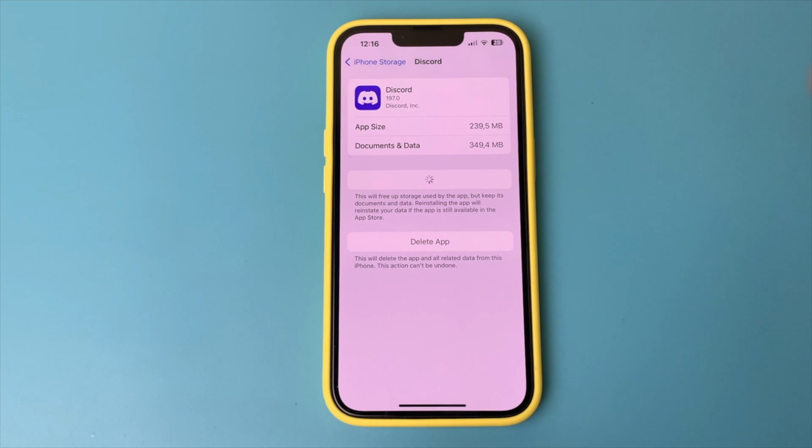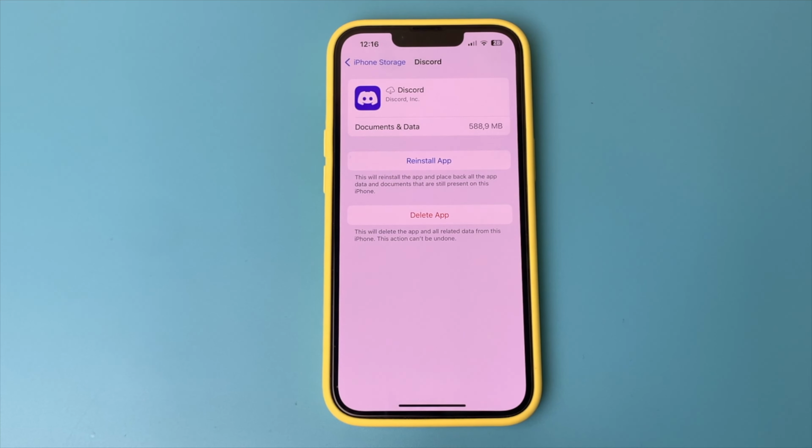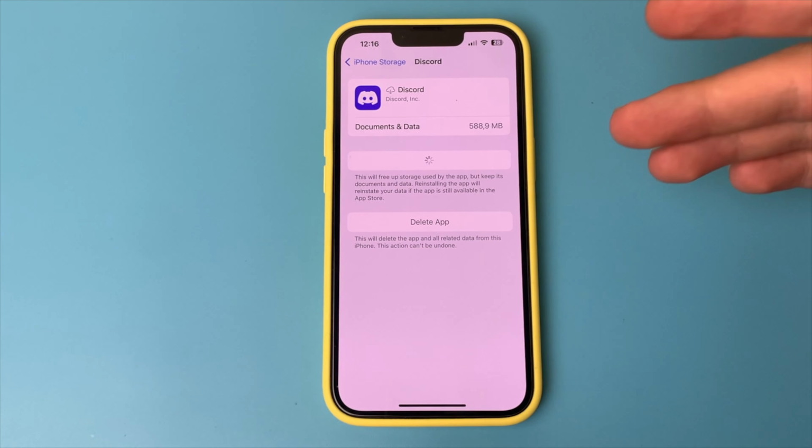If this does not help, you need to go into the settings of your device. That is, just go into the settings of your iPhone. Now here you just need to find a path that is called General, then open there. As you can see, this is a very simple and quick way.